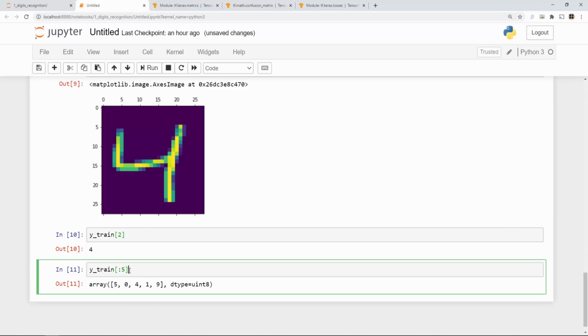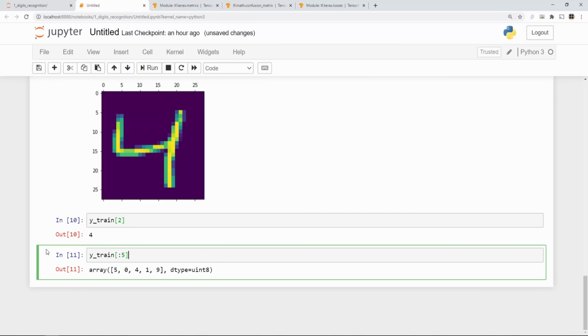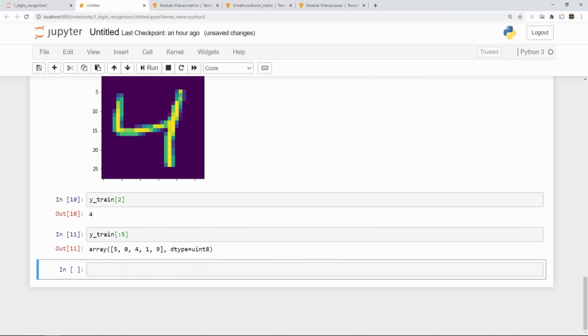See, I print the first 5 samples, and this is how it looks. So this is straightforward. Our data set is loaded now. Now what we are going to do is flatten our training data set, because we saw